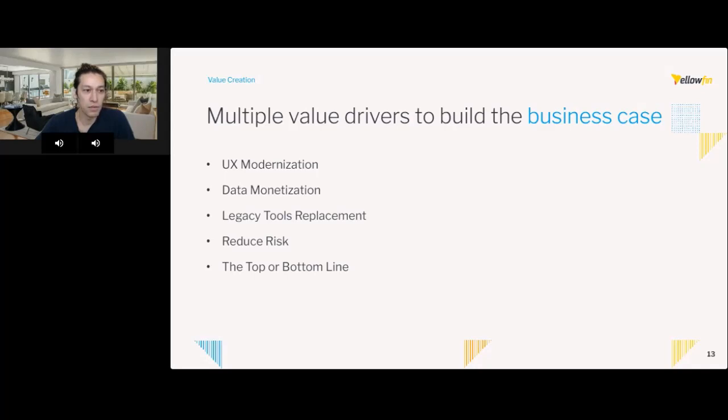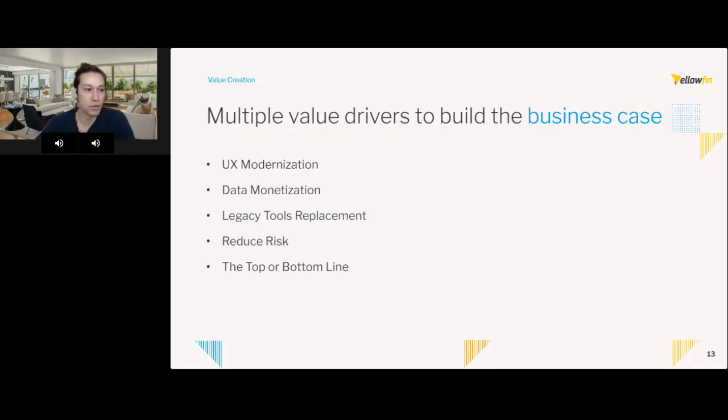As we saw before, a vast amount of data is being collected. How do companies monetize this data? How do they build a business case around that? Legacy tool replacement. A lot of businesses were built with the tools that were available at the time, software available at the time. What's the business case around replacing that tool with a more modern embedded analytics tool like Yellowfin